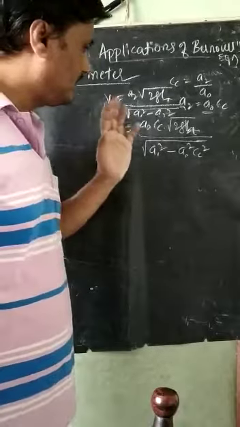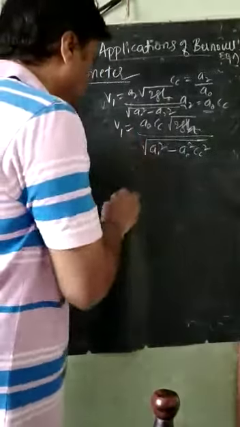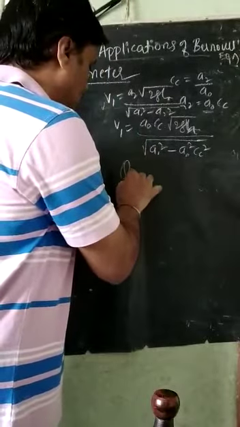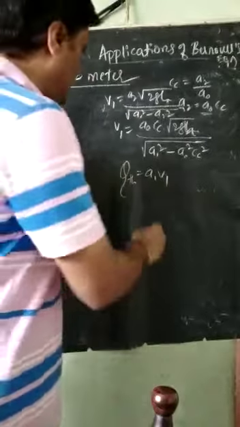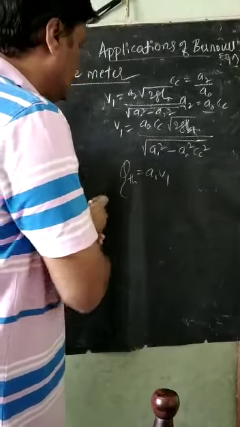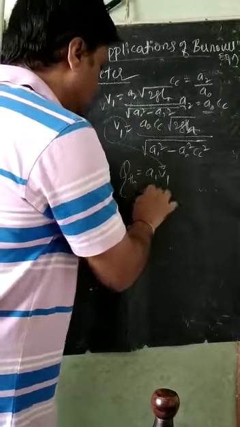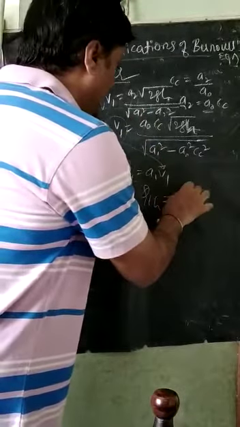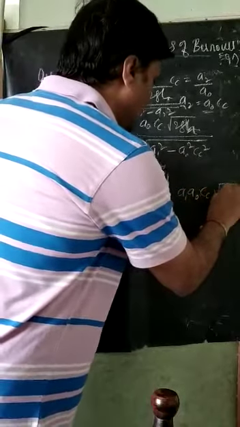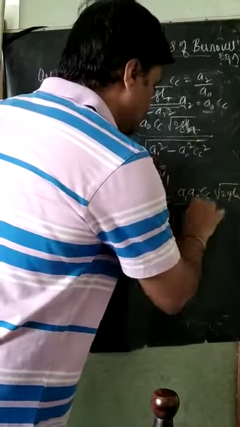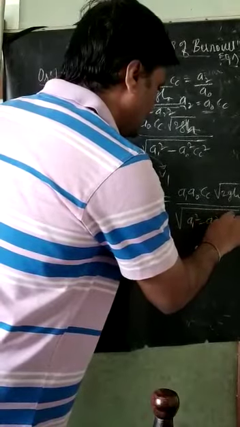So we have to replace this Cc with one formula. I will continue this derivation here. As we know, the theoretical discharge is equal to A1 V1. If I substitute this V1 here in this case, Q theoretical is equal to A1 into A0 into Cc under square root of 2g into h, divided by under square root of A1 square minus A0 square into Cc square.